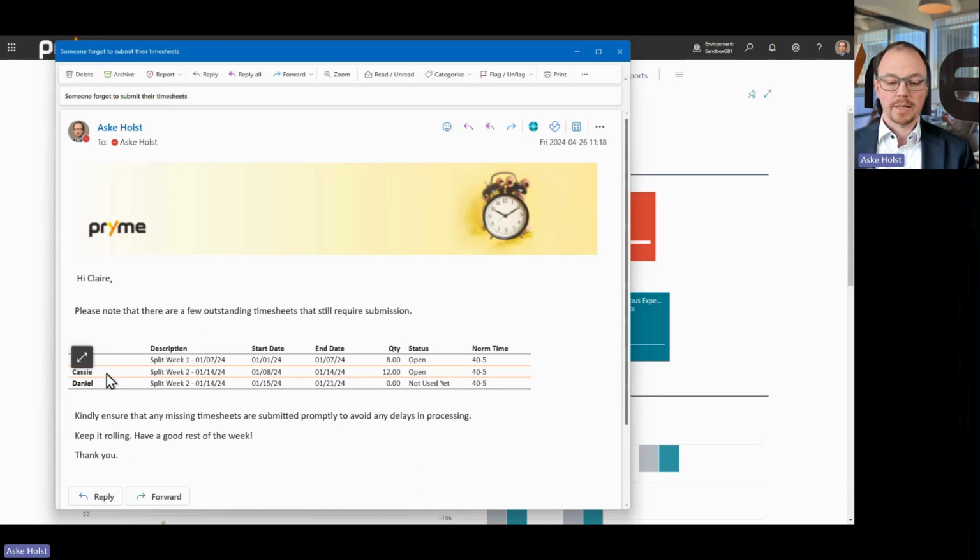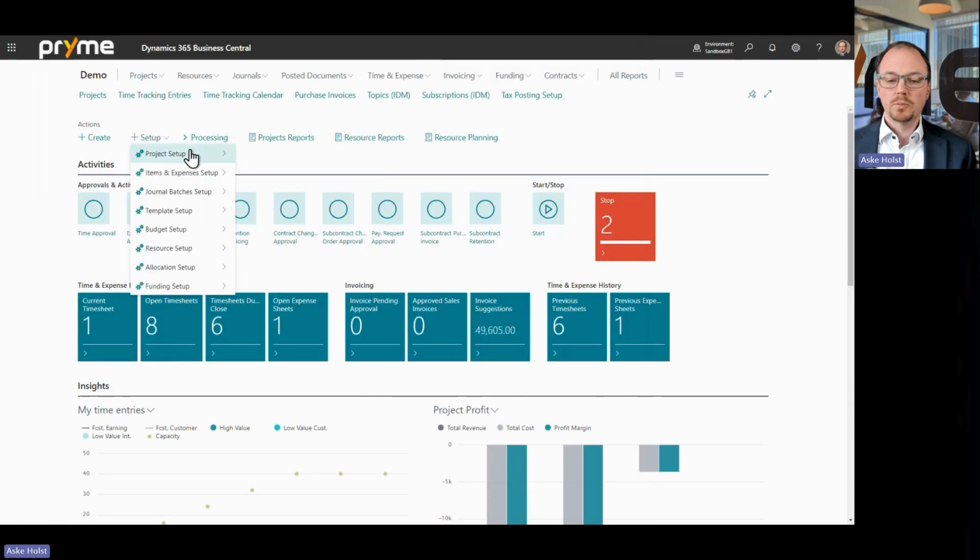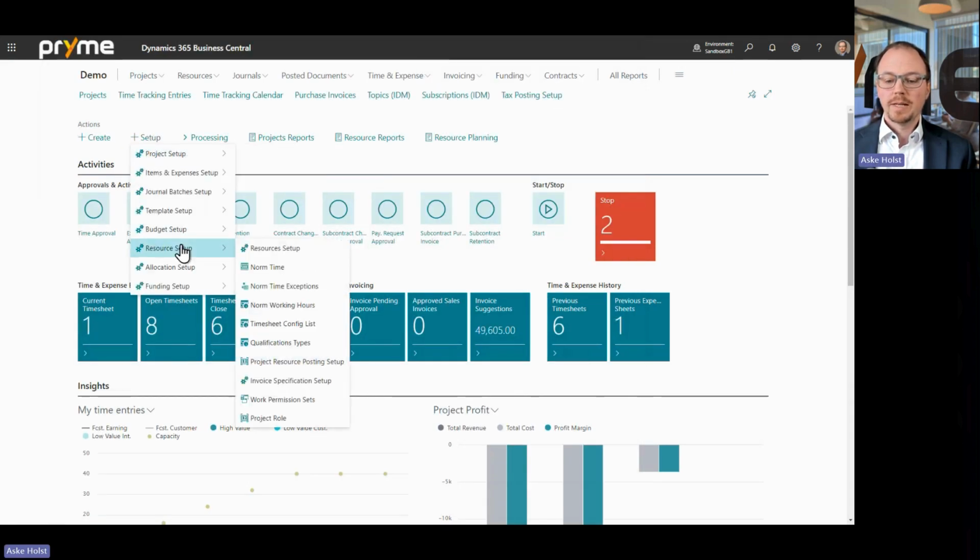In this case, both Cassie and Daniel haven't submitted their timesheets. I might just go ahead and forward that to them and say, why haven't you done your timesheets? Or I might pick up the phone and give them a call and say, why haven't you submitted your timesheets? And just the knowledge that they know that I, as a manager, get that email, that might prompt them to submit their time. The way to set that up is within the